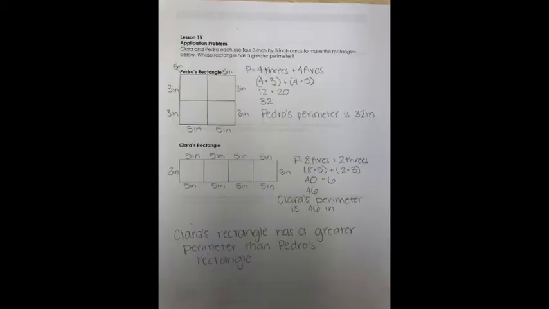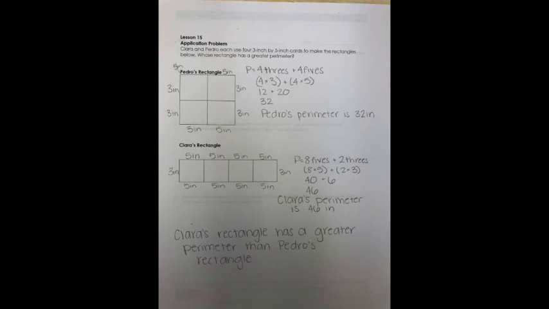Now in front of you is the application problem. Remember, mine looks a little bit different, so make sure you're paying attention to what I'm talking about. I did Pedro's rectangle first, so I labeled the side lengths, and then you can see on the side I explained what I did. I found that there were 4 3-inch sides and 4 5-inch sides. So I multiplied 4 times 3, and then I added 4 times 5. So 4 times 3 became 12, 4 times 5 became 20, 12 plus 20 is 32, so Pedro's perimeter is